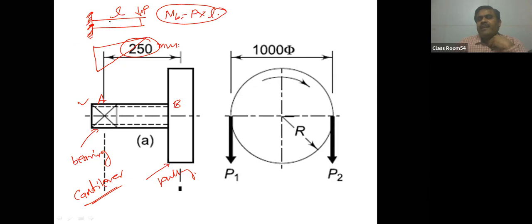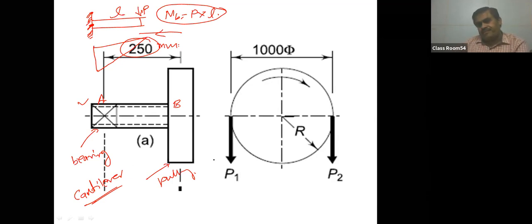ठीक है. तो कैंटिलीवर के केस में if you are working from the right side, from the free end, then there is no need to find the reaction. ठीक है. इससे पहले वाले जो केस थे सिंपली सपोर्टेड बीम वगैरह में, हम क्या कर रहे थे, पहले रिएक्शन फाइंड करते थे बेंडिंग मोमेंट फाइंड करने के लिए. समझ में आ रहा है? In the case of cantilever, there is no need to find the reaction because from the free end side there is no bearing, there is not any reaction force. So that's why bending moment can be calculated just P into L.